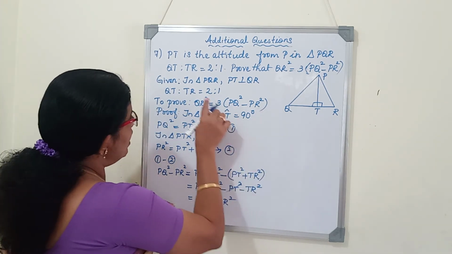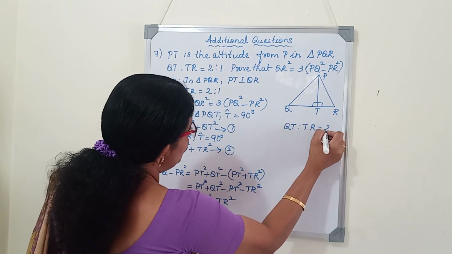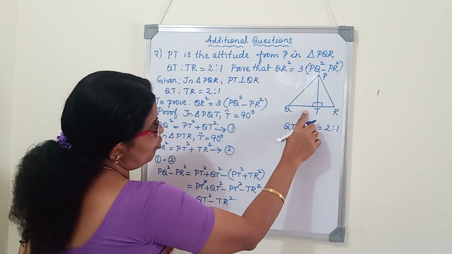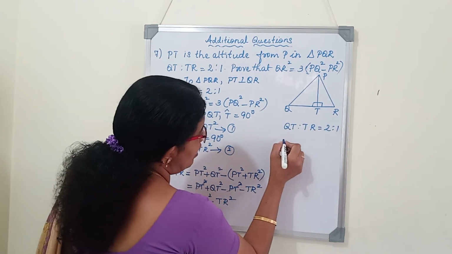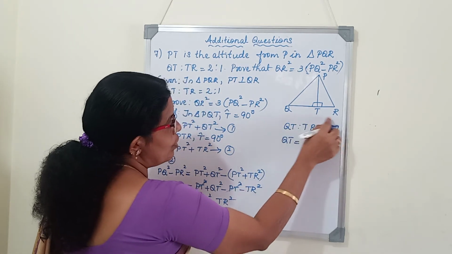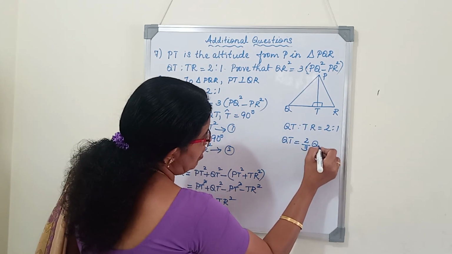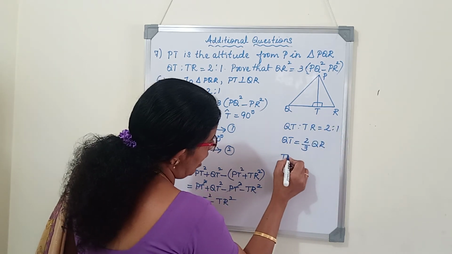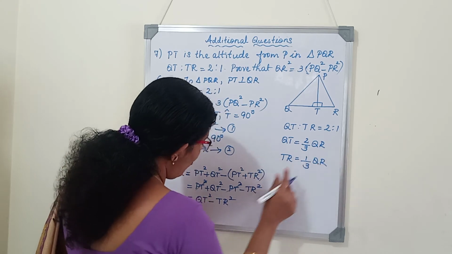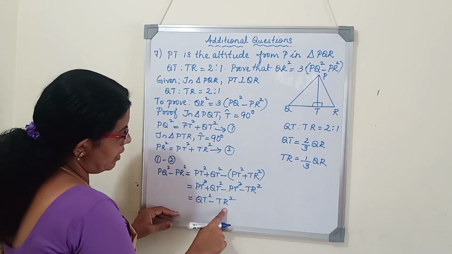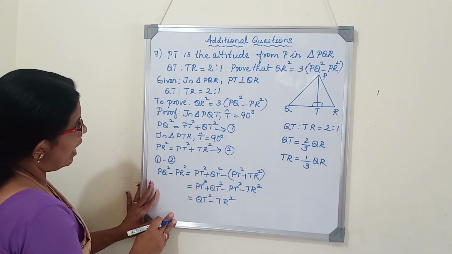Now, we are already given that QT is to TR is 2 is to 1. So, QT will be 2 parts and TR will be 1 part. Total QR is 3 parts. So, how can we write QT in terms of QR? QT is 2 parts out of 3 parts of QR. And similarly, TR is only 1 part out of 3 parts of QR. So, now we are going to change QT square and TR square in terms of 2 by 3 QR and 1 by 3 QR. So, we will write it as